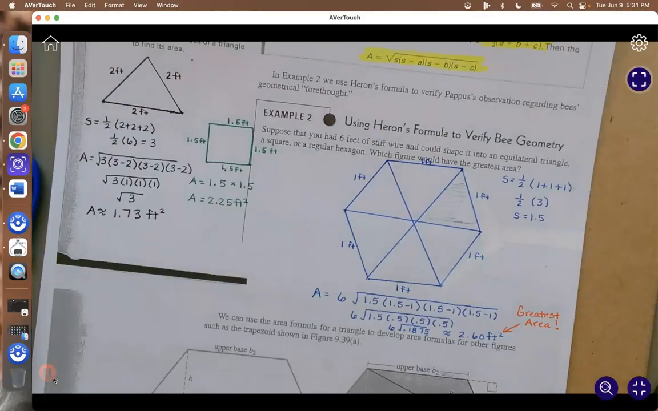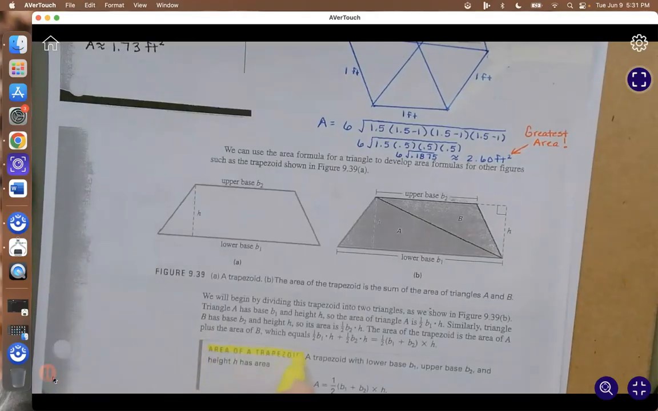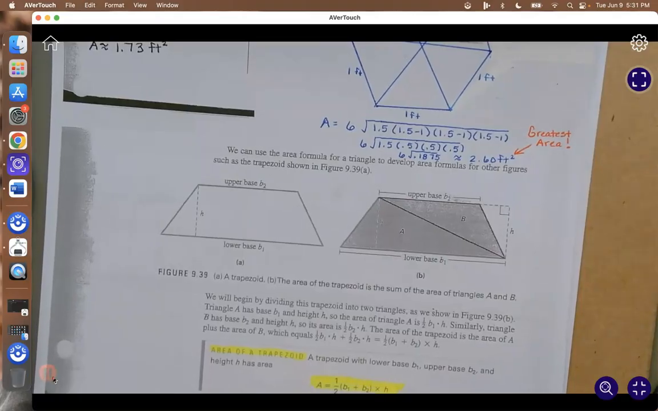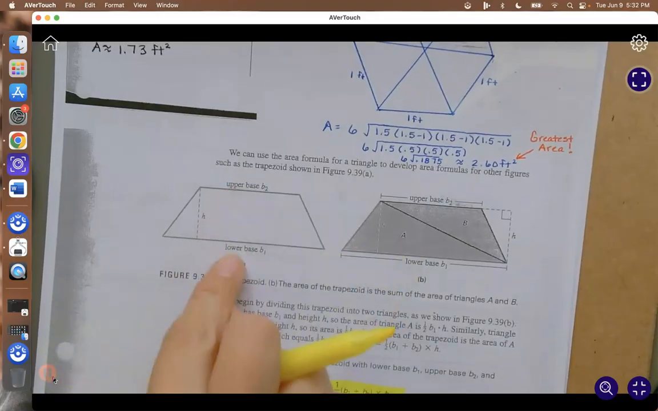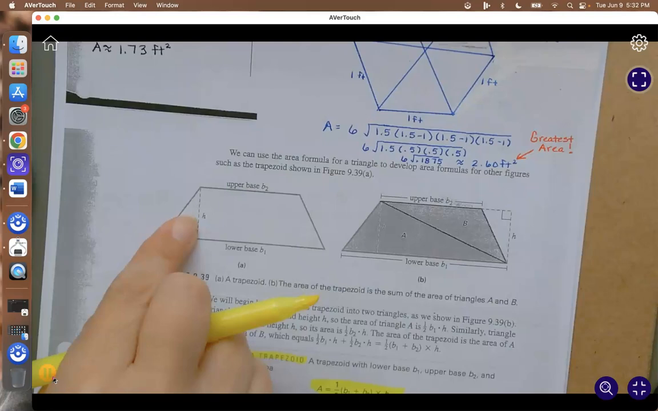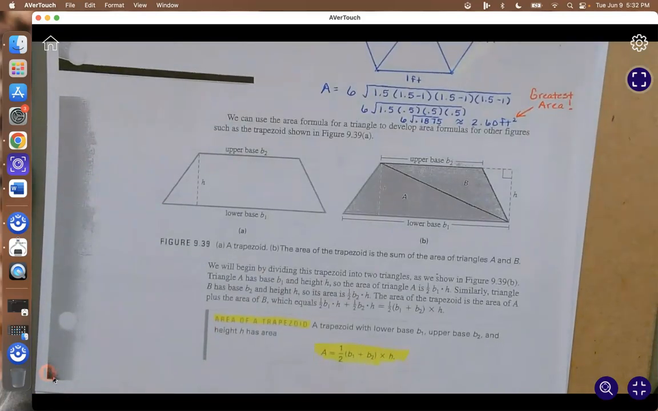Okay. Now, if we're looking at the area of a trapezoid, you're going to add your 2 bases, so the base at the top, the base at the bottom, right here. Add these up, times it by this height, and then cut it in half. 1/2 base 1 plus base 2 times the height. Okay,